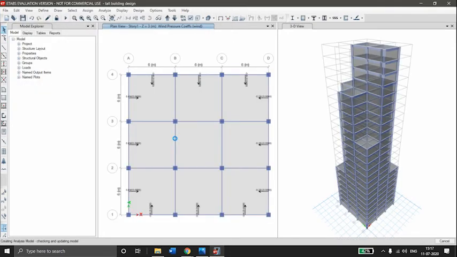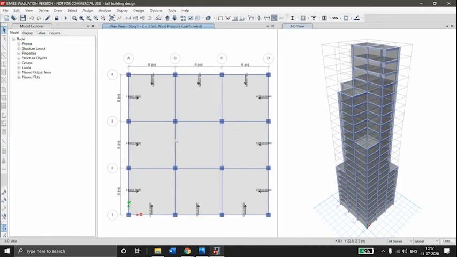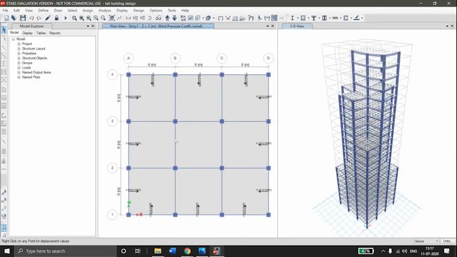Save. The analysis is run. The analysis results are available now.